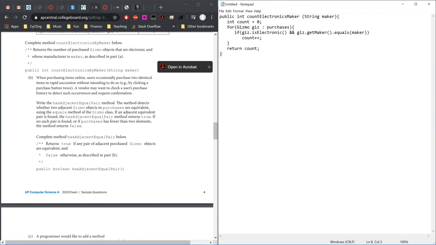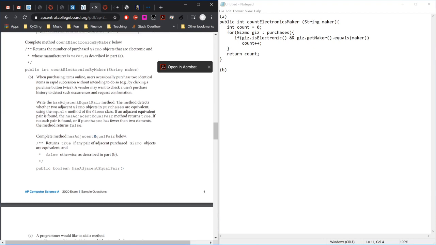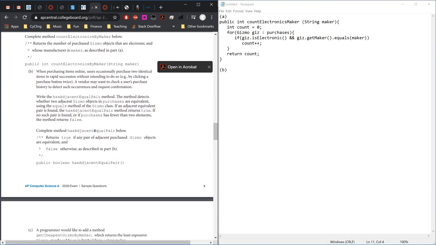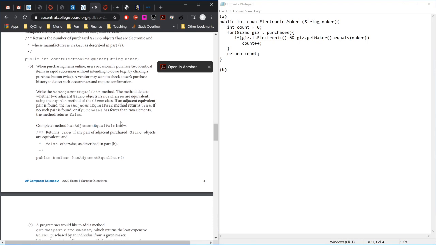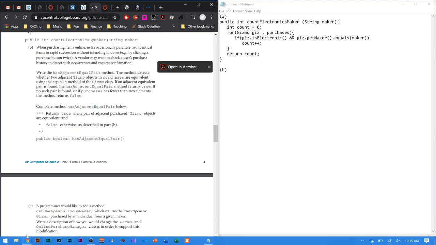Okay, so this is part A. And we really want to clearly mark this for our graders. So this is part A. And part B. When purchasing items online, users occasionally purchase 2 identical items in rapid succession without intending to do so. Example, by clicking a purchase button twice. A vendor may want to check a user's purchase history to detect which occurrences and request confirmation. Write a hasAdjacentEqualPair